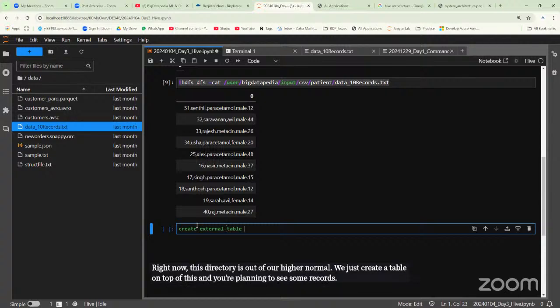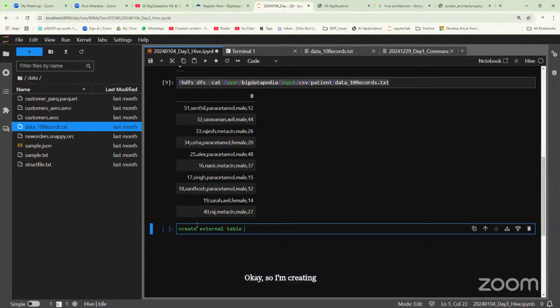Okay, so I'm creating an external table. Yeah, there's a patient, right? I'm going to create TBL patient as a table. The first record is ID, I'm giving it as integer. Second, name,